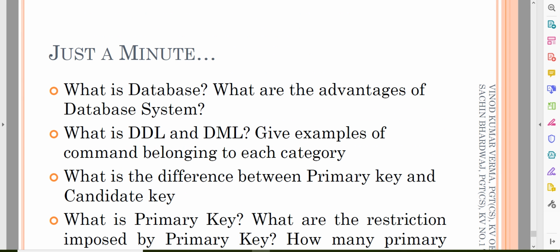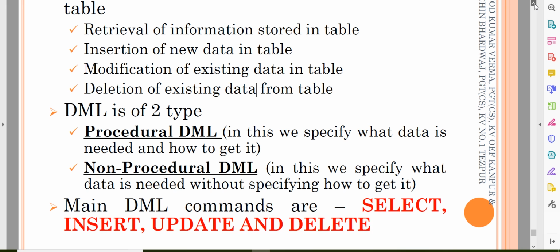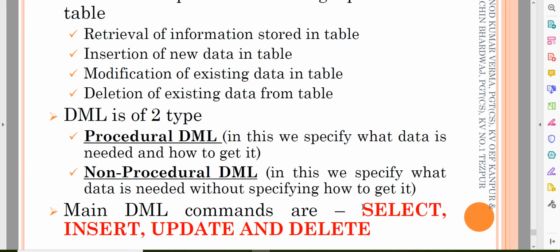So DML, if you see here, what are the commands for DML? All the select command, insert command, update command, and delete. So select records, insert records, update records, delete records are called DML. But creation of table, update, dropping meaning deletion of table, and altering table are called DDL.